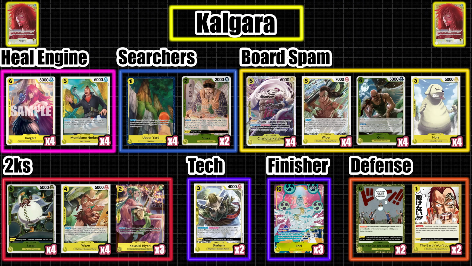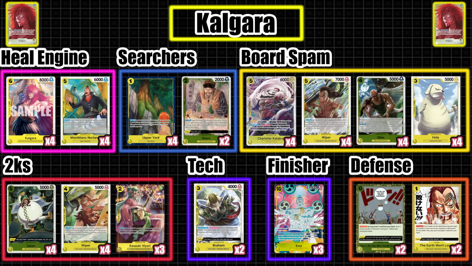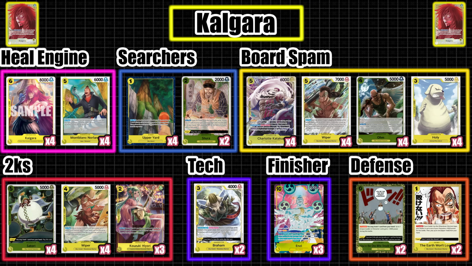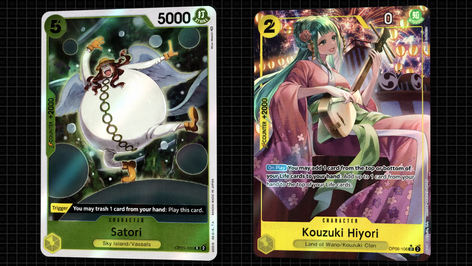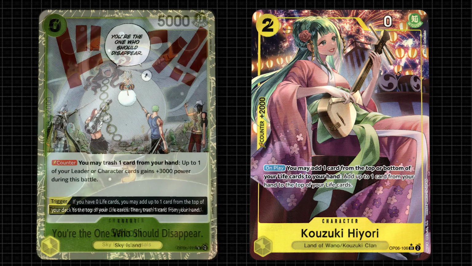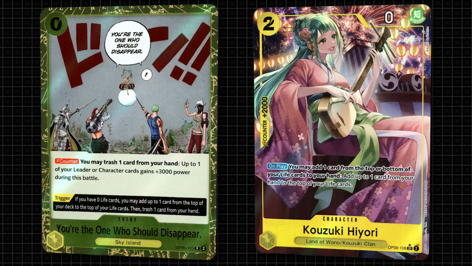You might have noticed that I'm running 3 copies of Kazuki Hiyori. Simply put, we needed a third 2k counter, and Hiyori has some funny utility. You can put a Satori into life for a free unit and a larger board. Now, the much more common choice is to use Hiyori to put a 0-cost event into bottom life to gain